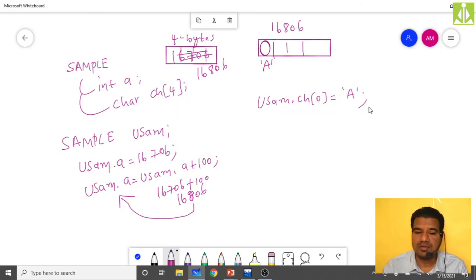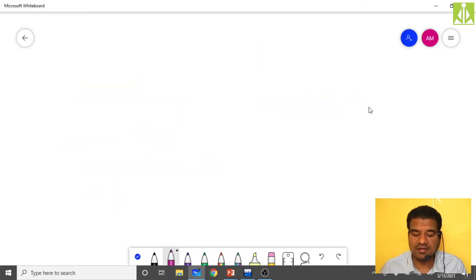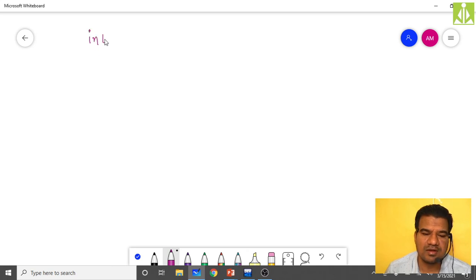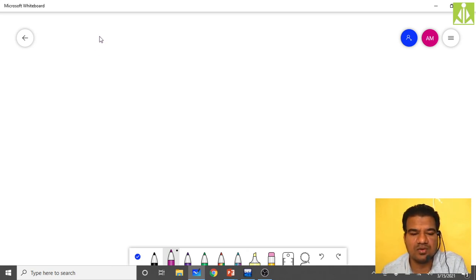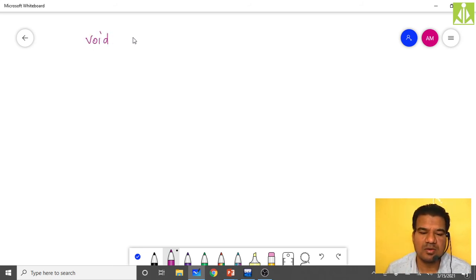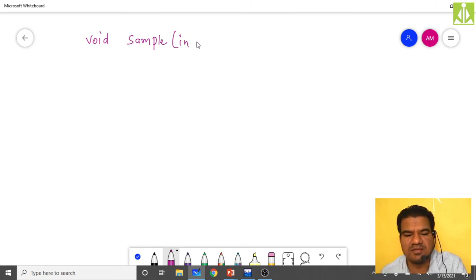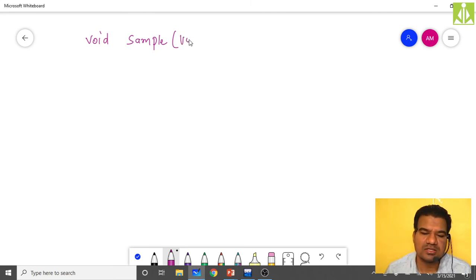Whenever we are writing a user defined function, let us say my function name is sample. How do we generally do that? In the global declaration area, we declare our function. Let us assume my function is not returning any value, so I'm taking void. My function name is sample, and to make it very simple initially, the parameter list is also void. So no input, no output.